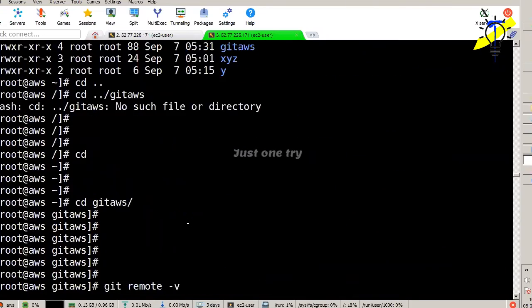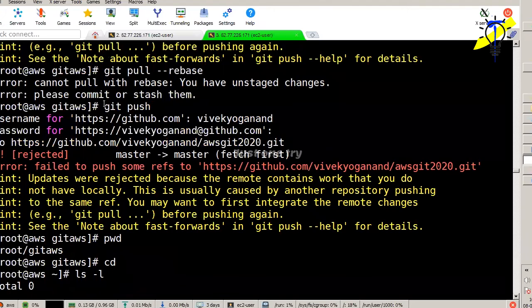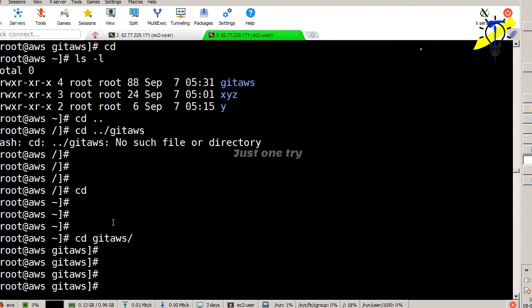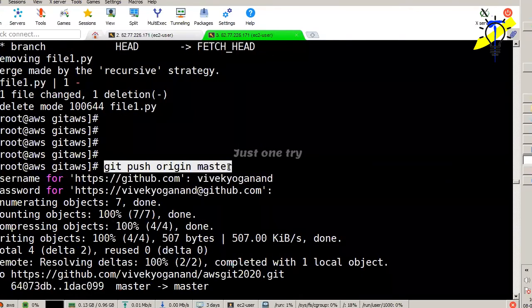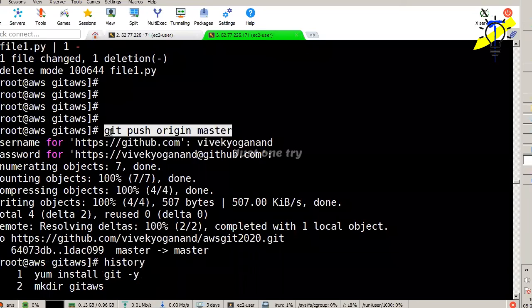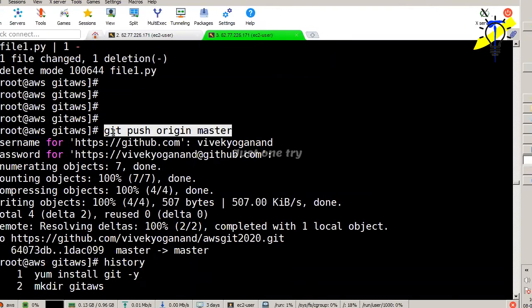Yesterday also we tried git push, and sometimes it throws an error, and we try to fix the git push command. Finally we use git push origin master. If you have locally added files on your server and want to move them into the cloud repo, the only option is git push. Even if you have done git commit, it will not update your cloud GitHub. The concept is very clear.